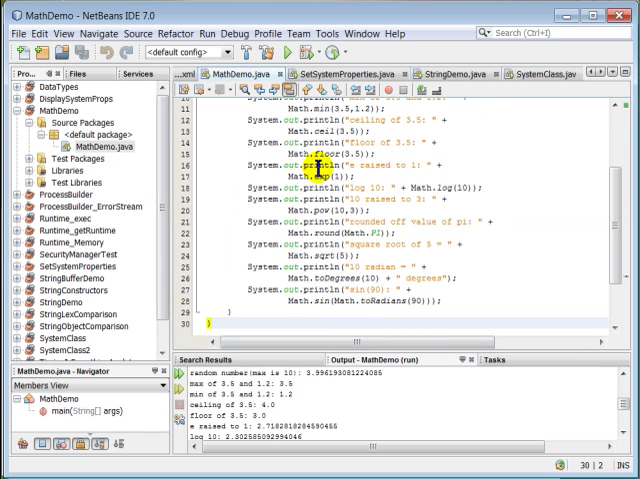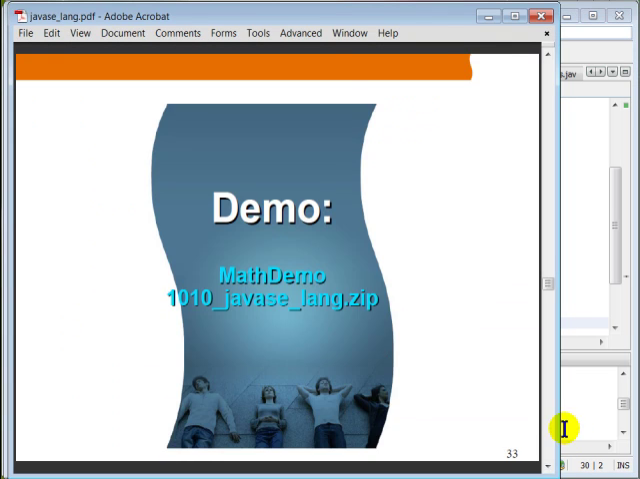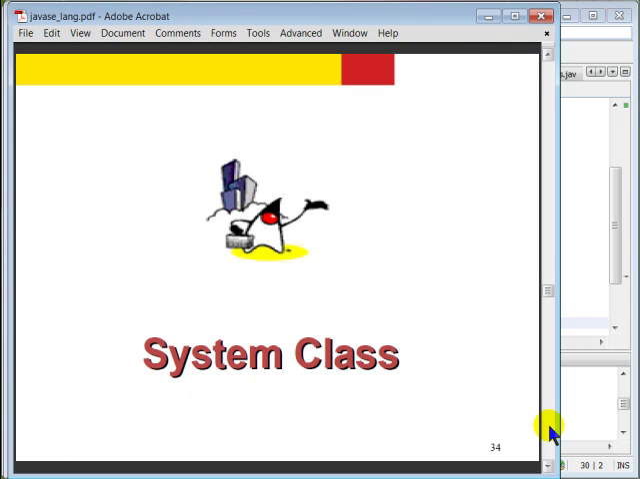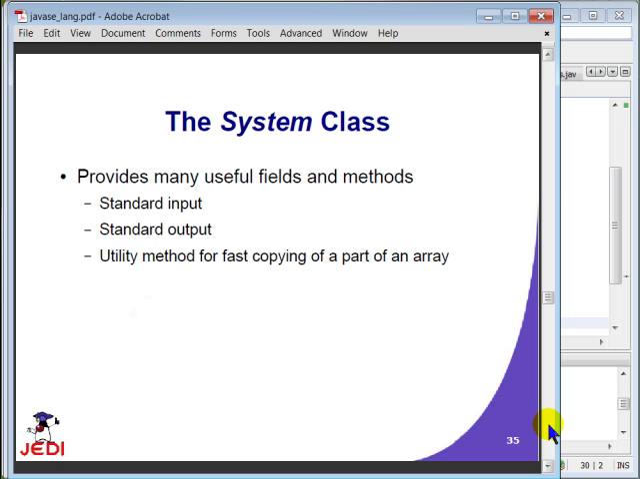Okay, so you can see a bunch of math functionalities being supported through the Math class. Okay, moving forward, System class. System class you have used quite often up to this point, especially the System.out.println method, right? So it provides useful methods and fields for standard input and standard output, and it provides some